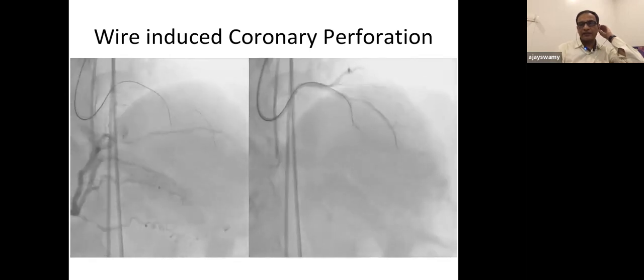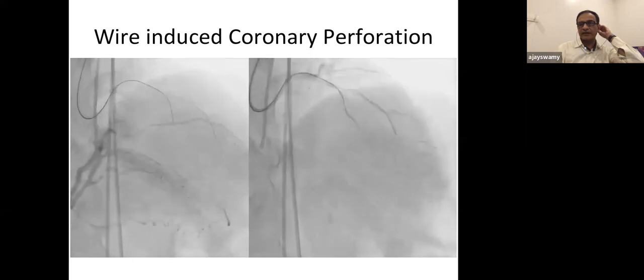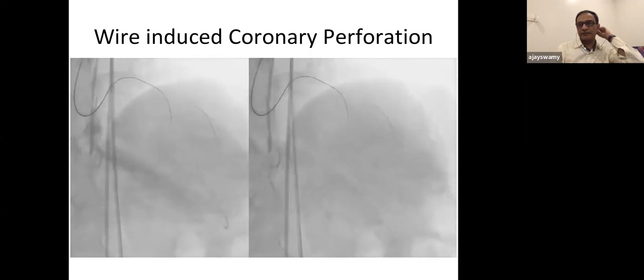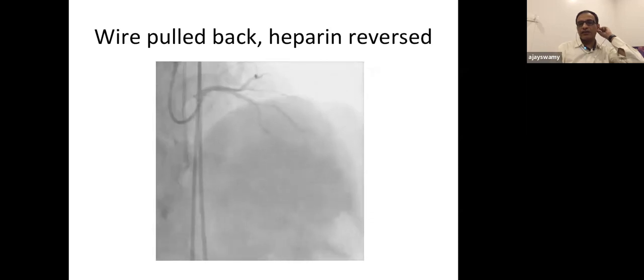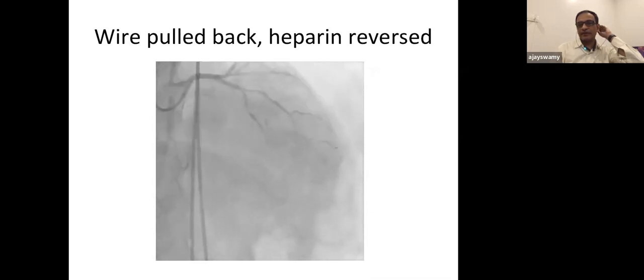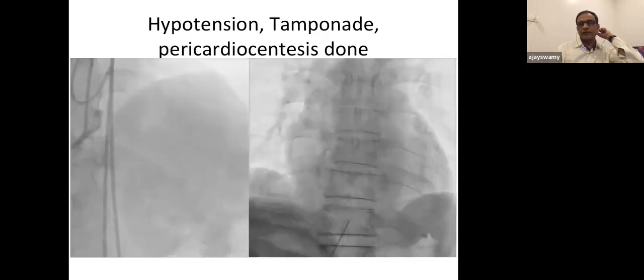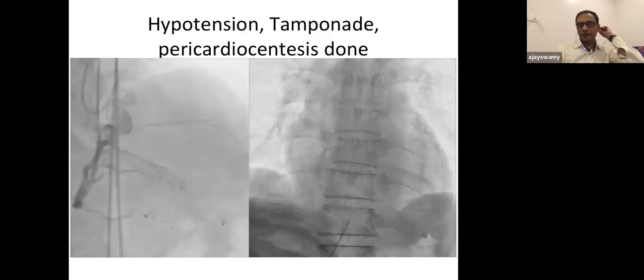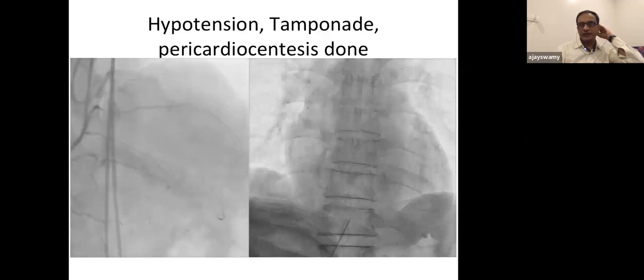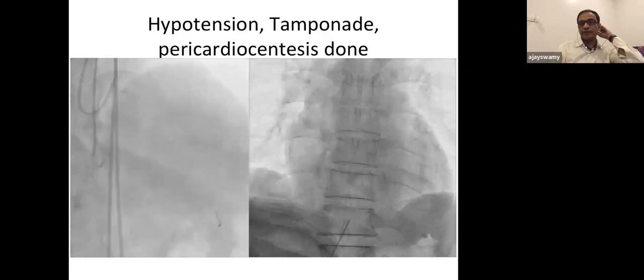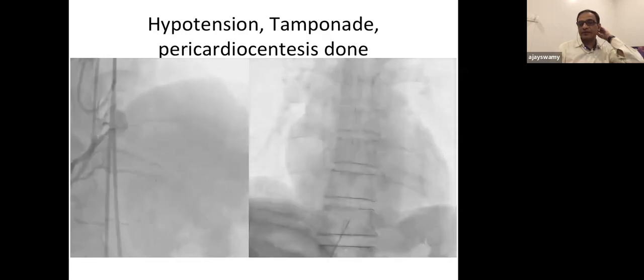And when injection was given antegrade, it's obviously subintimal. So the wire was pulled back, the heparin was reversed, and the patient was observed in the post-angio, post-cath room. And sure enough, he had hypotension and tamponade. A pericardiocentesis was done. Now, this is a problem because the wire exited from the proximal segment of the